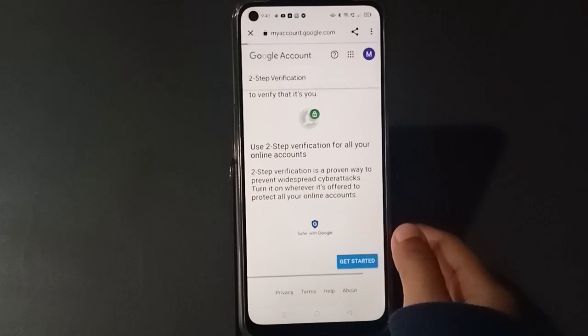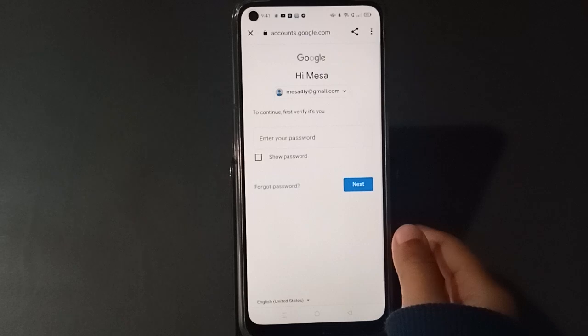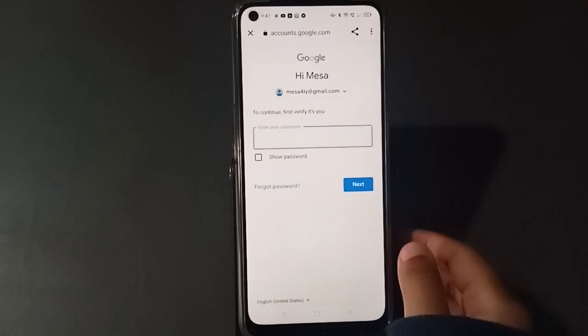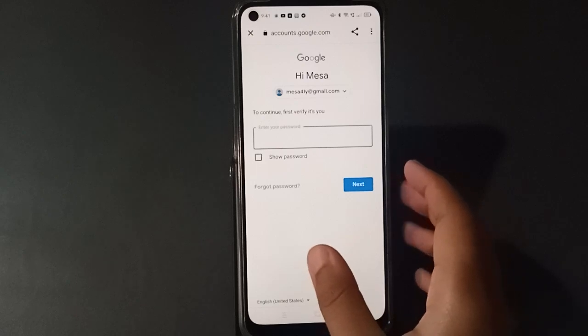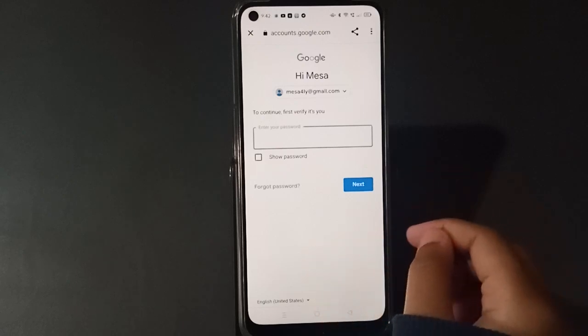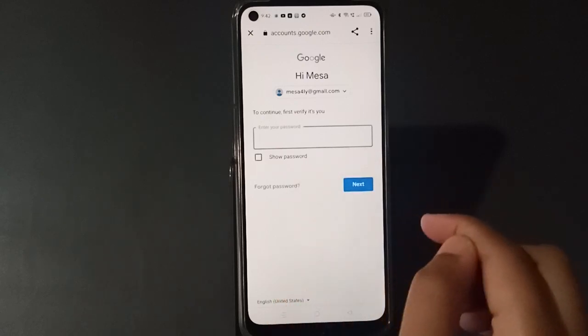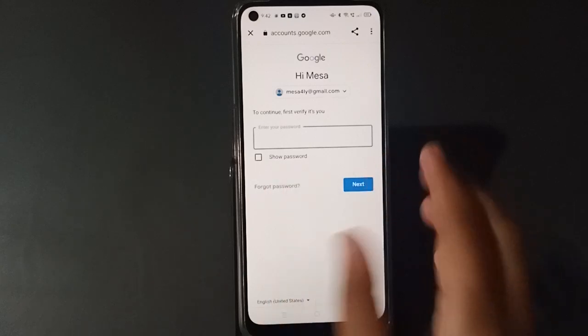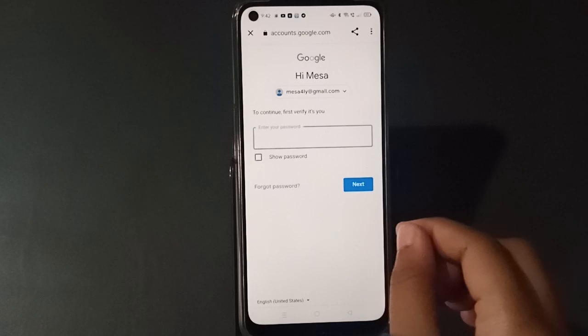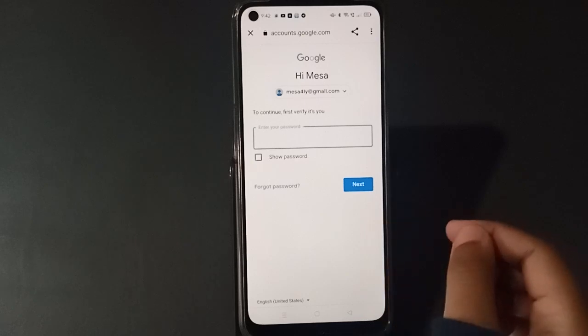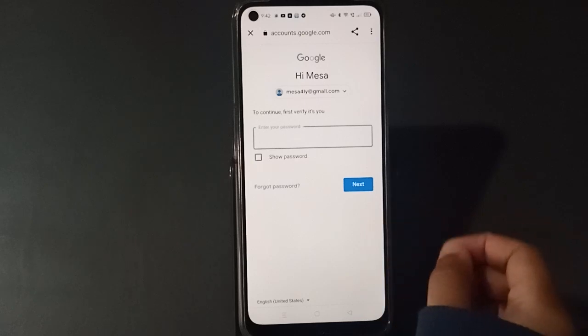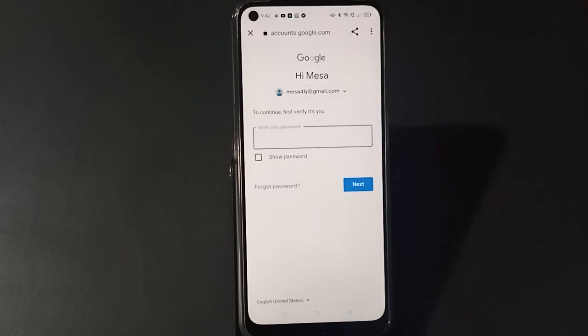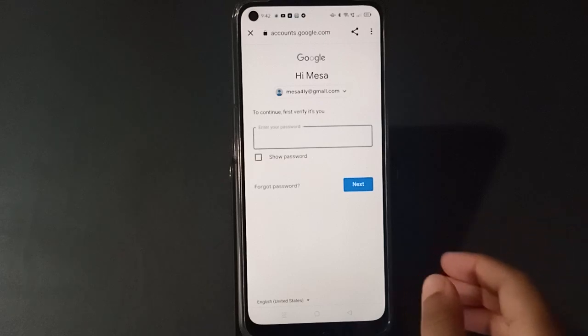Okay, after you have clicked on get started, here you have to confirm. At first you have to verify that it's you. Okay, just give your email and password. Just enter your password and click on next. After that you just give the password again, confirm the password, and after that the two-step verification will be